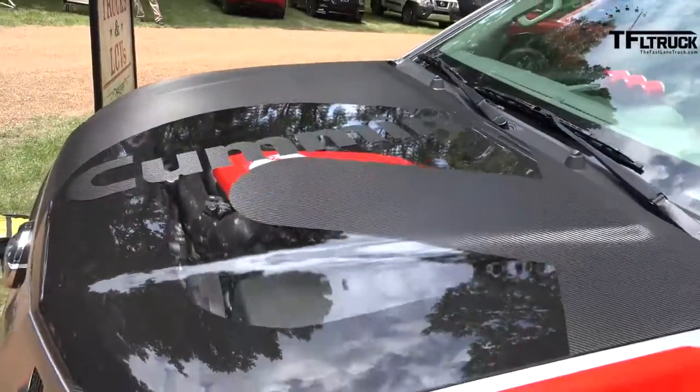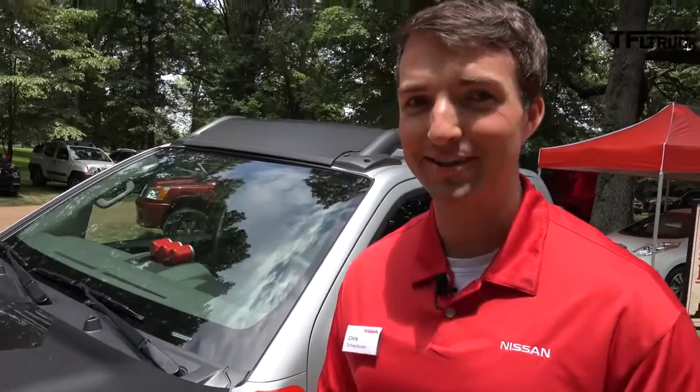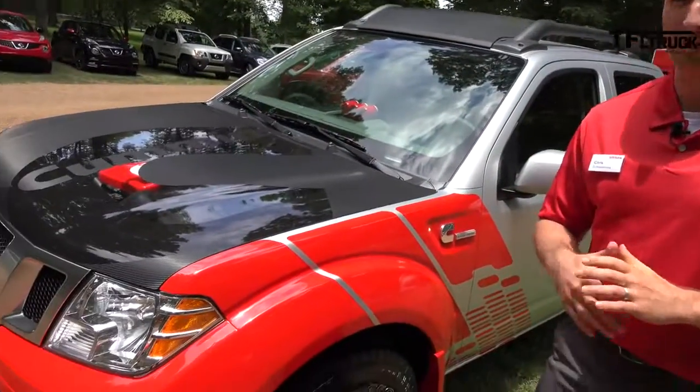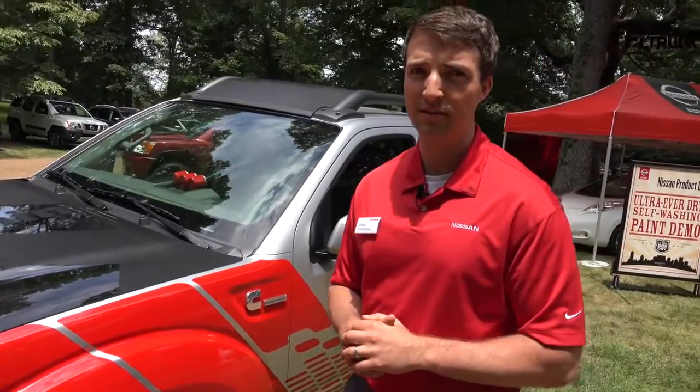Wow, Chris, it's a Frontier, but it's not. It's got a Cummins. Tell me about it. It is a Frontier, but it's got a Cummins in it, a 2.8 liter Cummins turbo diesel with around 200 horsepower and 350 foot-pounds of torque. And it's tied to an 8-speed ZF transmission. So we think with this powertrain, we're looking at probably a 35% fuel economy improvement versus a comparable V6 gas